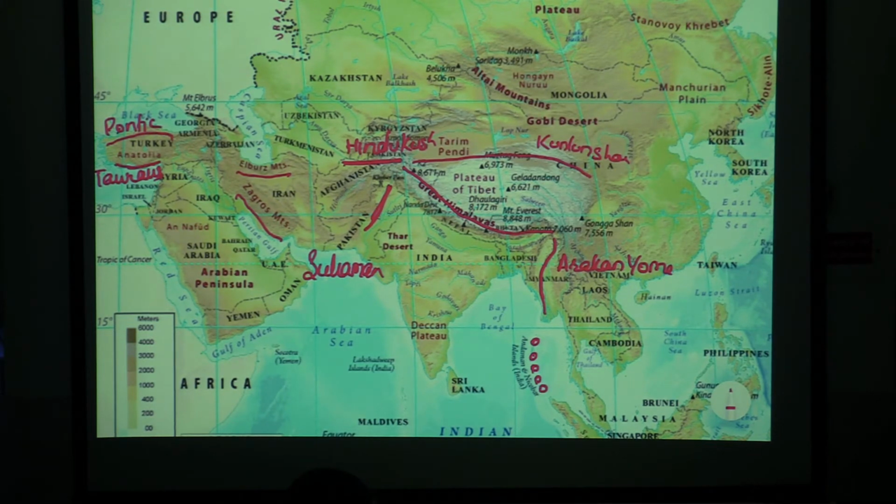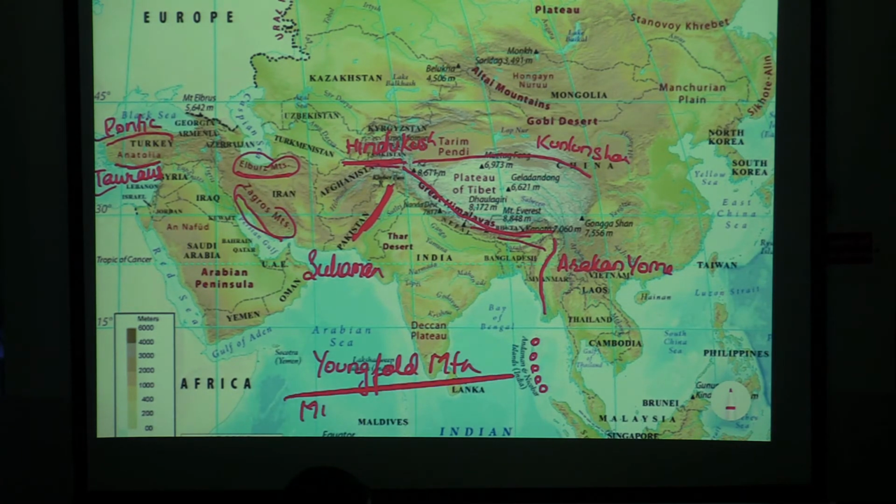All the mountains that we have marked, from Turkey's Pontic and Taurus to Iranian Elbrus and Zagros to Afghanistan and Pakistan's Hindu Kush to Pakistan's Suleiman to India, Nepal, Bhutan, and also Tibet, Himalayas, Greater Himalayas, Kunlun Shan and Arakan Yoma are young fold mountains that are located at the active plate boundary called the mid-continental belt.